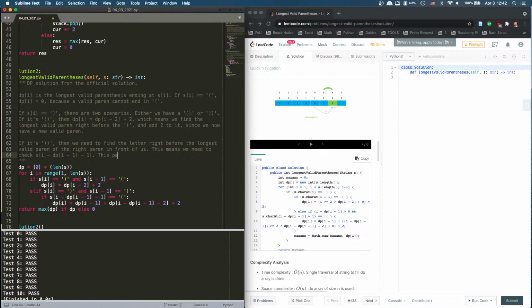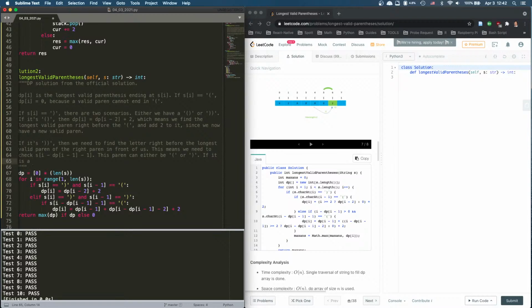This paren can either be a left or a right paren. If it is a right, then the current right has no match. Else we have a match,